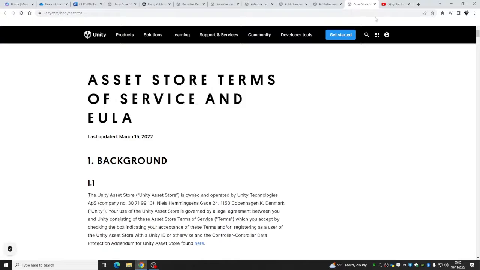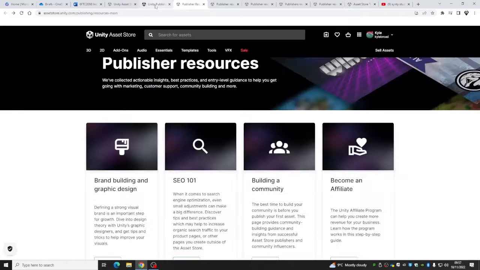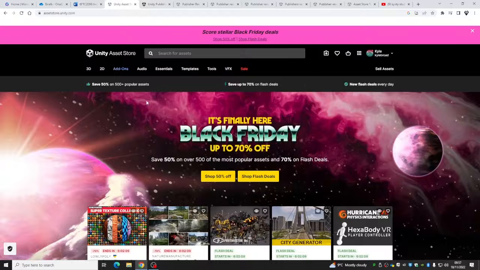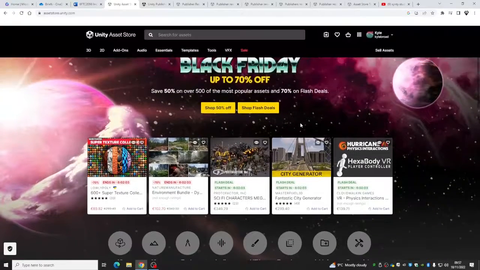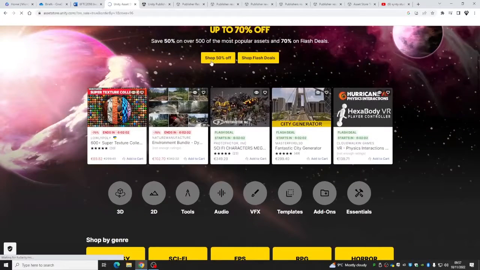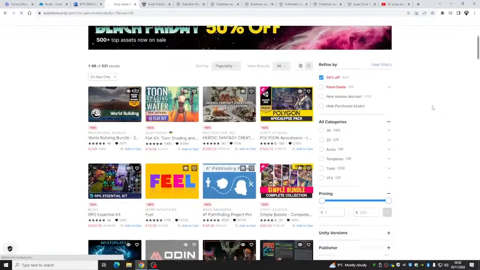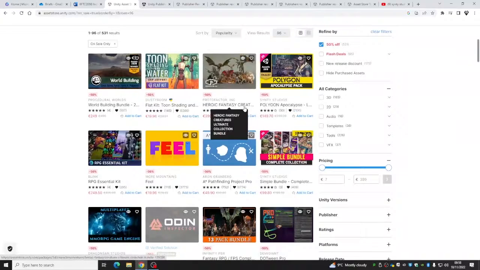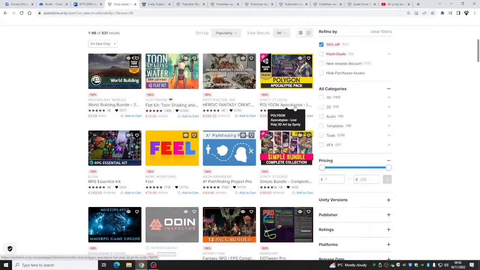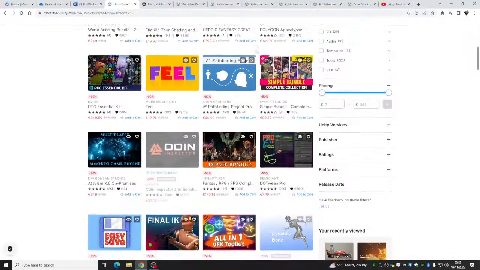Again, if we had a look at the actual asset store itself, it's punchy, isn't it? There's some things that are punchy anyway. This is the shop what they've got here. And have a look at the titles. Big old capital letters. Heroic fantasy creation. Lovely. Polygon. Lovely. It's almost like a keyword there.